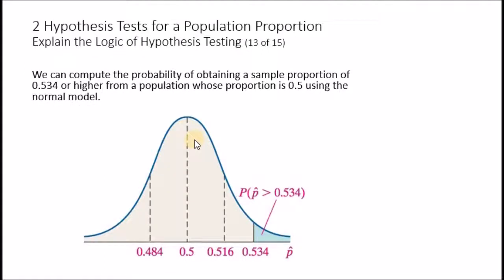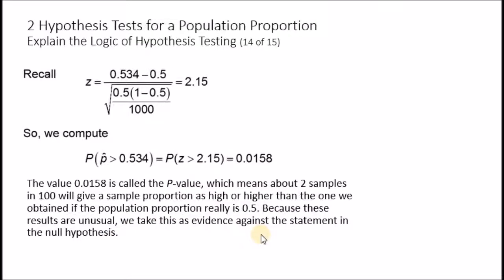We can compute the probability of obtaining a sample proportion of 0.534 or higher from a population whose proportion is 50% using the normal model. In this case, notice that we are performing a right-tailed test, and as a result, we want to compute the area to the right of the proportion 0.534. Recall that z is equal to p hat minus p divided by the square root of p times 1 minus p divided by n, and we got 2.15. So we compute the p-value, which is the probability of the area to the right of the statistic that we computed, p hat, and we will get